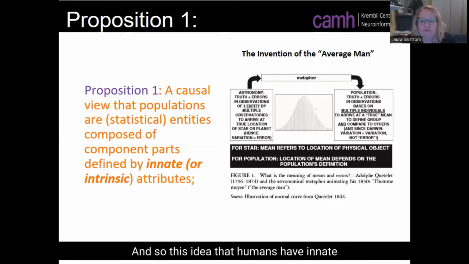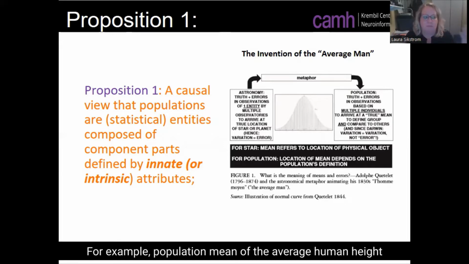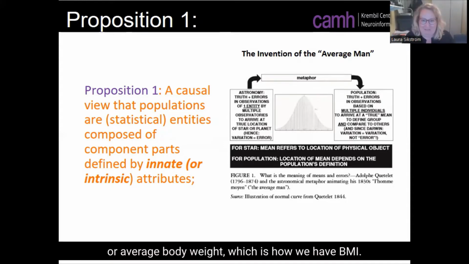Right. And so this idea that humans have innate characteristics that can be compared to one another actually led to the invention of, quote, the average man. And this was developed by Adolf Hitler. Lots of information out there about him. And what this idea tried to do was establish a population mean, for example. So like the population mean of the average human height, or the average body weight, which is how we have